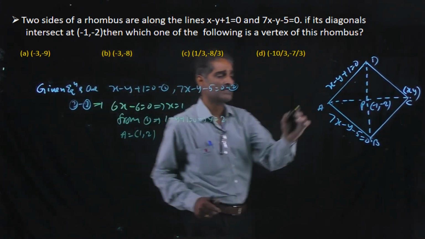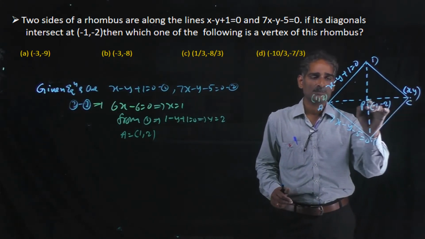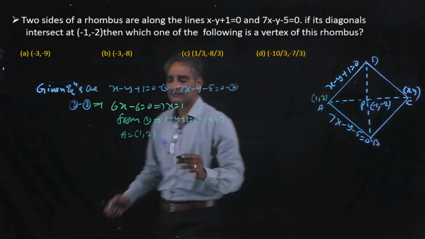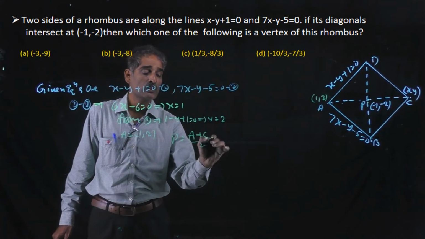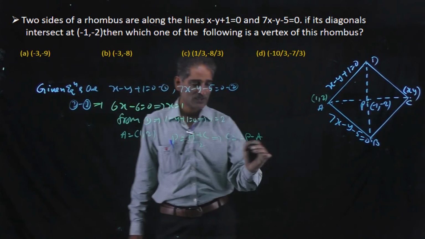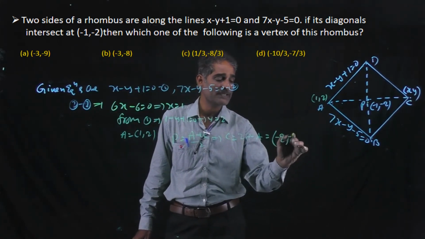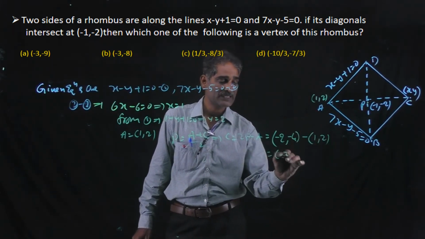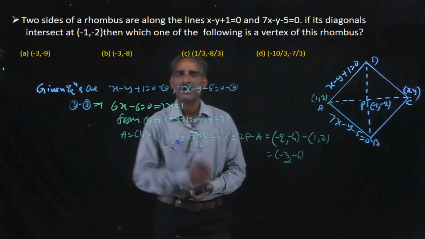Here we know the coordinates of A, 1 comma 2, and the point P, we have to find this. P is the midpoint of A and C. Just we know that (A plus C) by 2 equal to P. P is equal to (A plus C) by 2. Now from this C is equal to 2P minus A. Okay. Now what about P? 2P minus A means minus 2 minus 4 minus A, which is 1 comma 2, equal to minus 3 comma minus 6. These are the coordinates of C, but this is not in the options.